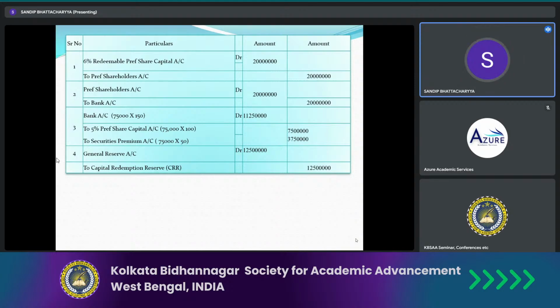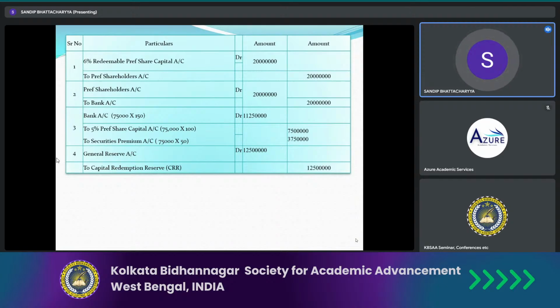Now your question may be, sir, general reserve account debit. Now general reserve is one of my free reserves, and in the question it has already been mentioned it was 1 crore 25 lakhs. Why is this 1 crore 25 lakhs? You have already been told that capital redemption reserve must be created for the entire face value of the redemption. I repeat once again, the capital redemption reserve must be created for the entire face value of the redemption. Now, in this case, the entire face value of the redemption is rupees 2 crore. So why don't you pass the entry of the general reserve of rupees 2 crore to the capital redemption reserve?